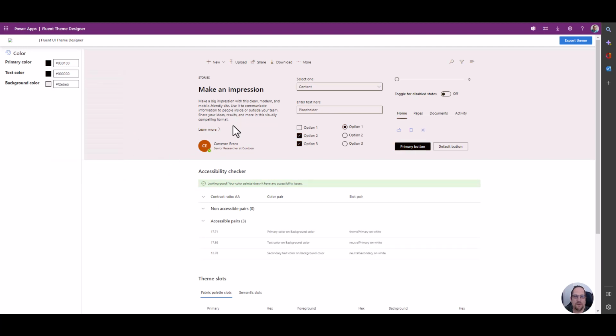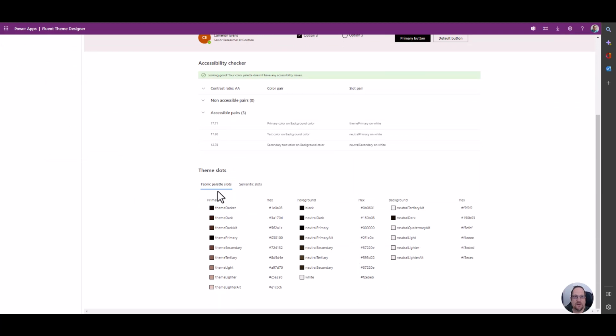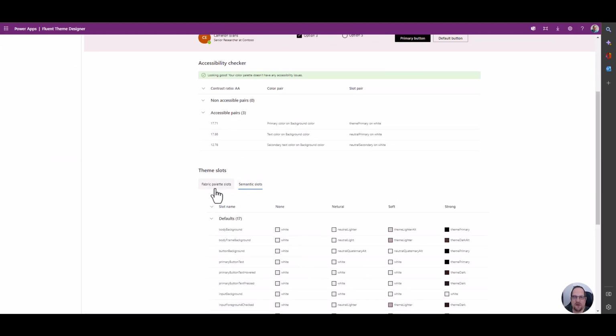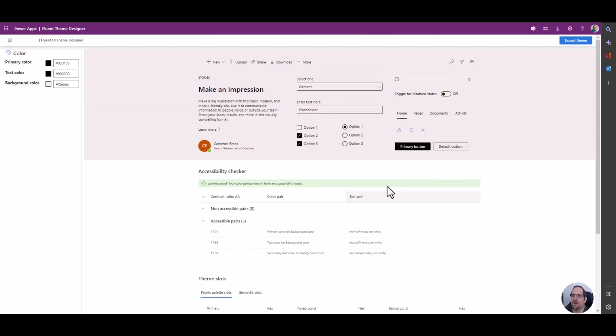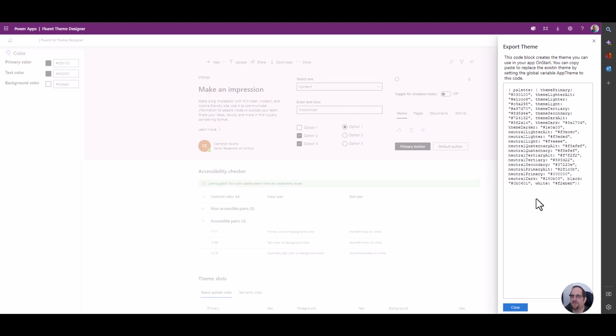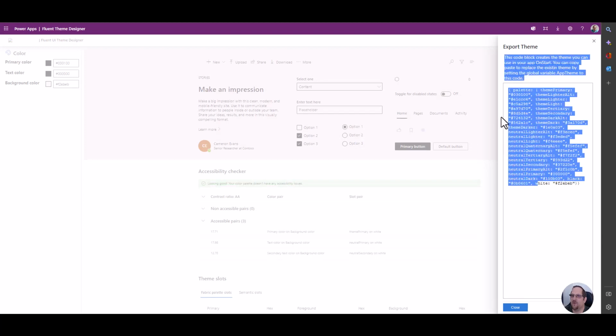In here, I'm good because the contrasts are good, the color, and so on. And I have all the details here about what they are. And from here, what I would do is export the theme, which generates this part, and use this in a Canvas app. So if I take this,